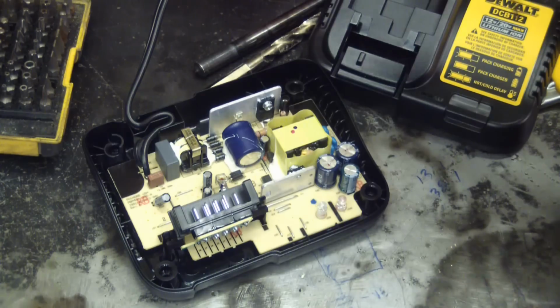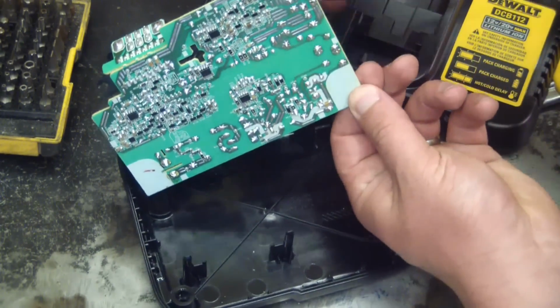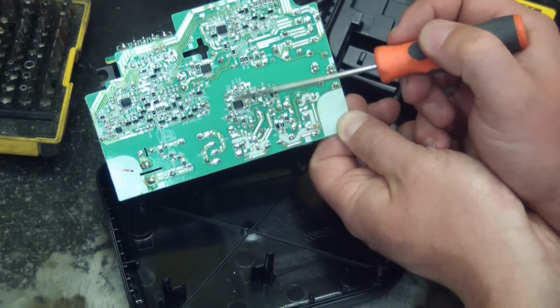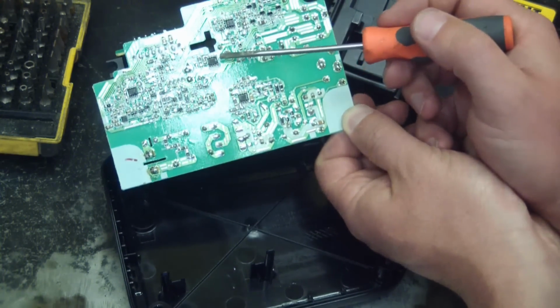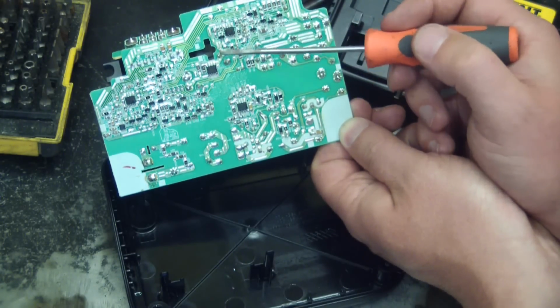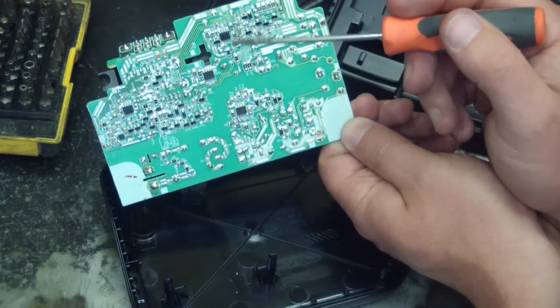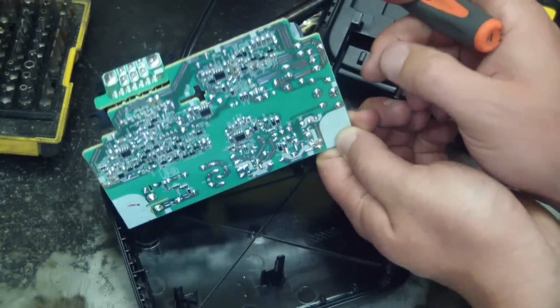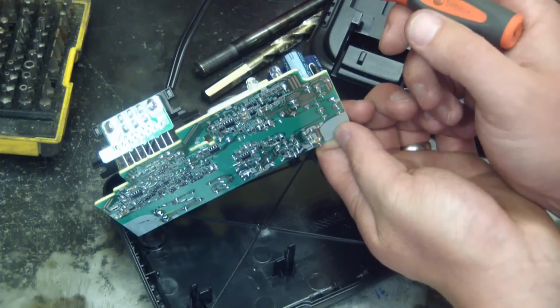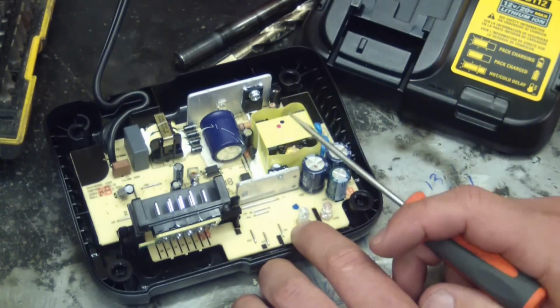If we look on the back side here, we can see the brains of the operation. We've got a couple of charge controllers and a microcontroller. What this will be doing is monitoring the balance of each cell in the battery, making sure each one gets balanced, and then charging it up, monitoring the voltage and the current and all that sort of stuff. So if ever your charger craps out on you,